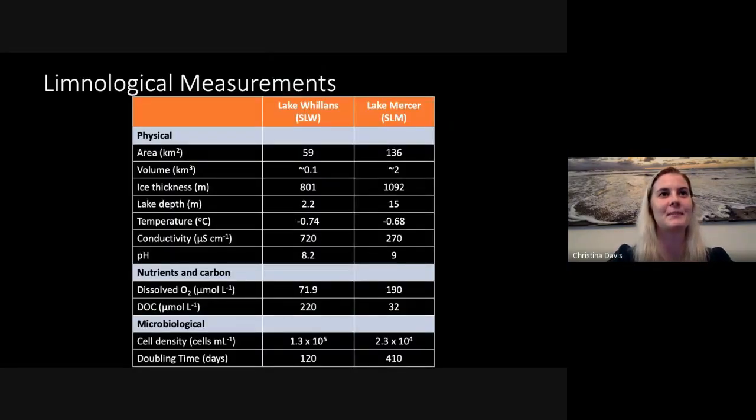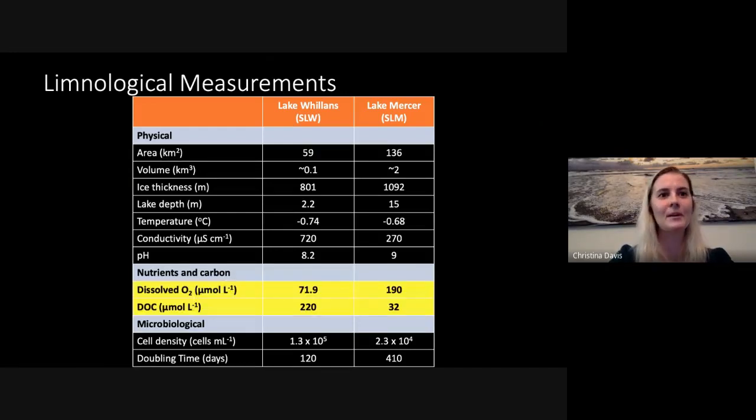So moving into some of the first measurements that we were able to gather from Willans and Mercer, the lakes are pretty similar in what we're finding. Mercer was under a kilometer of ice, and the water column depths, like I was talking about, are hydraulically active. When we sampled Mercer, it was just starting its drain cycle, so we measured that water column to be about 15 meters deep. But when they sampled Lake Willans, it was near its finished draining cycle and even starting to fill back up, and it was about 2.2 meters in height.